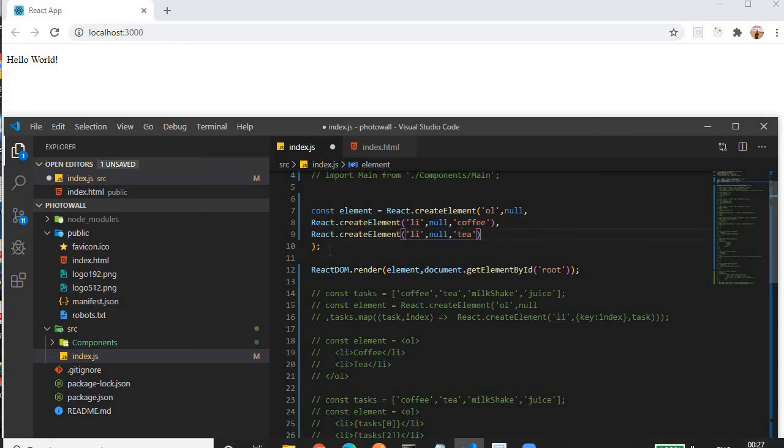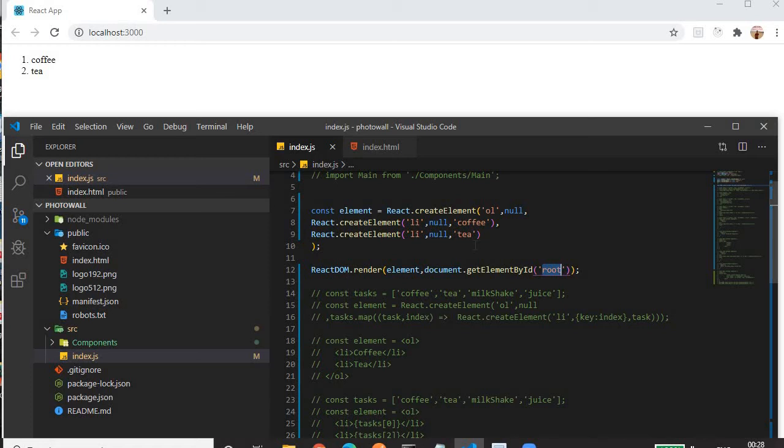Once it is done, createElement means we will create an object that will be assigned to one constant variable. We can name it as we like. So the same story repeats. Then we have to render that element. We call the render function on ReactDOM, provide the element that we want to render, and attach that element to the root node so that it will be rendered within the index.html page. So let me save it. Again, our application compiles. See, you'll find the output: coffee and tea are rendered in a list, so it is the ordered list.